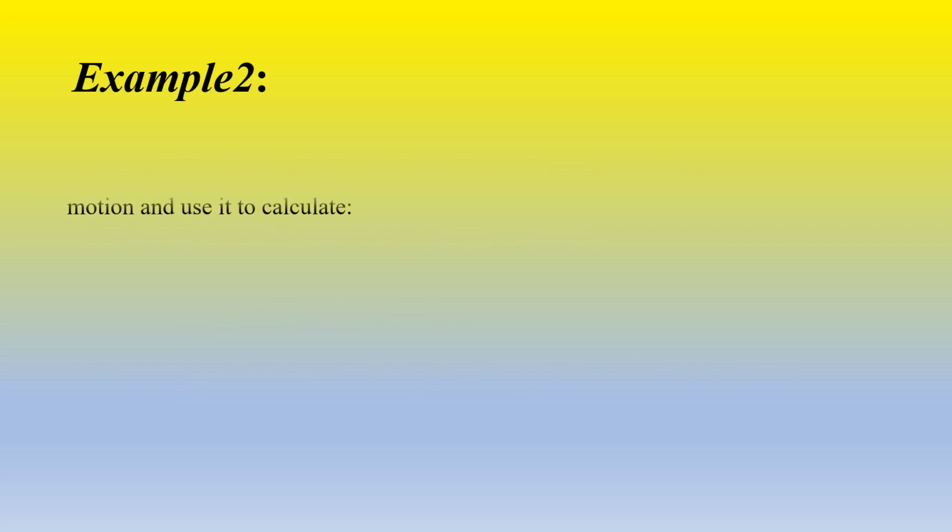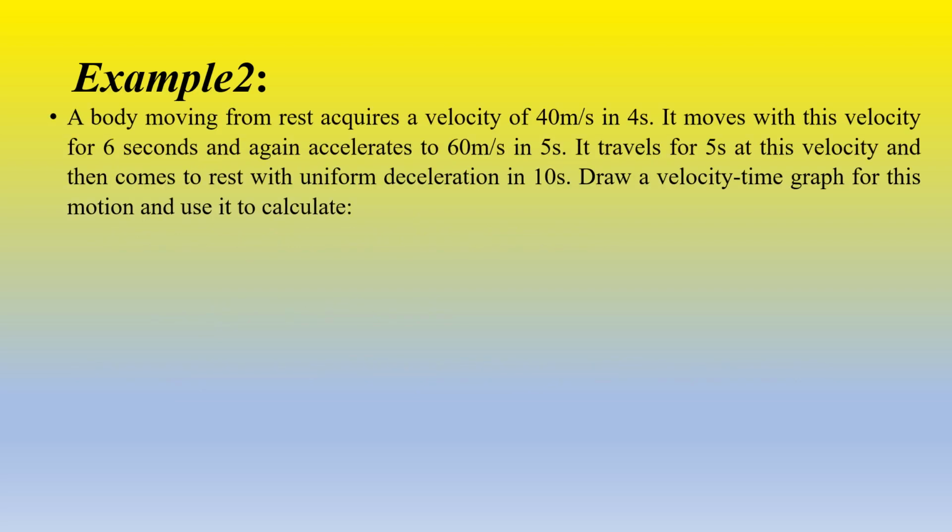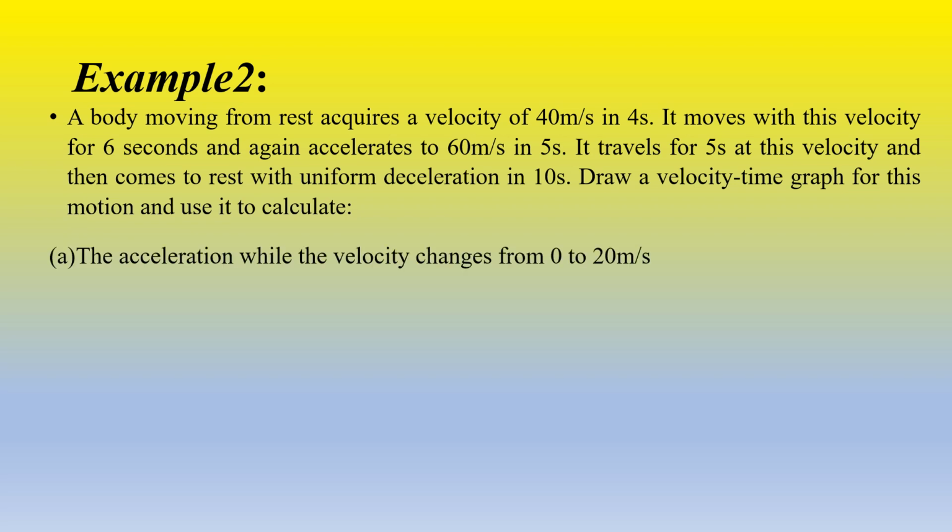Example 2. A body moving from rest acquires a velocity of 40 meters per second in 4 seconds. It moves with this velocity for 6 seconds and again accelerates to 60 meters per second in 5 seconds. It travels for 5 seconds at this velocity and then comes to rest with uniform deceleration in 10 seconds. Draw a velocity-time graph for this motion and use it to calculate: